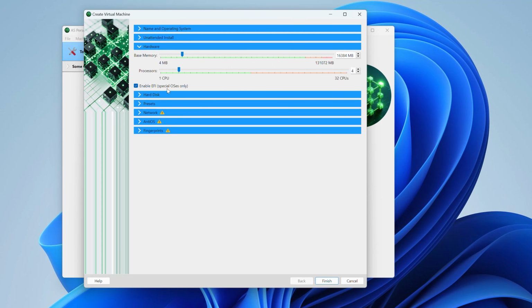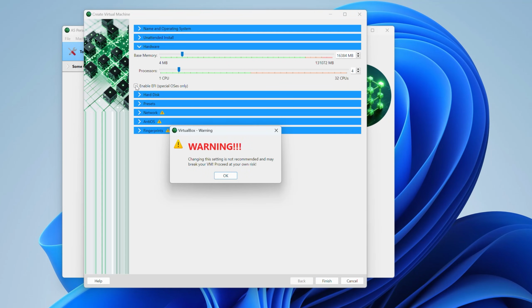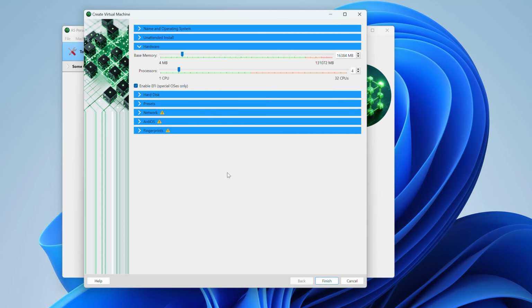Next, the Enable EFI item. An incredibly important point that you cannot disable. If you try to turn it off, you'll be notified. If you disable EFI, you will not be able to fully emulate the equipment. The equipment will work partially, so do not disable this item. Just remember once and for all.